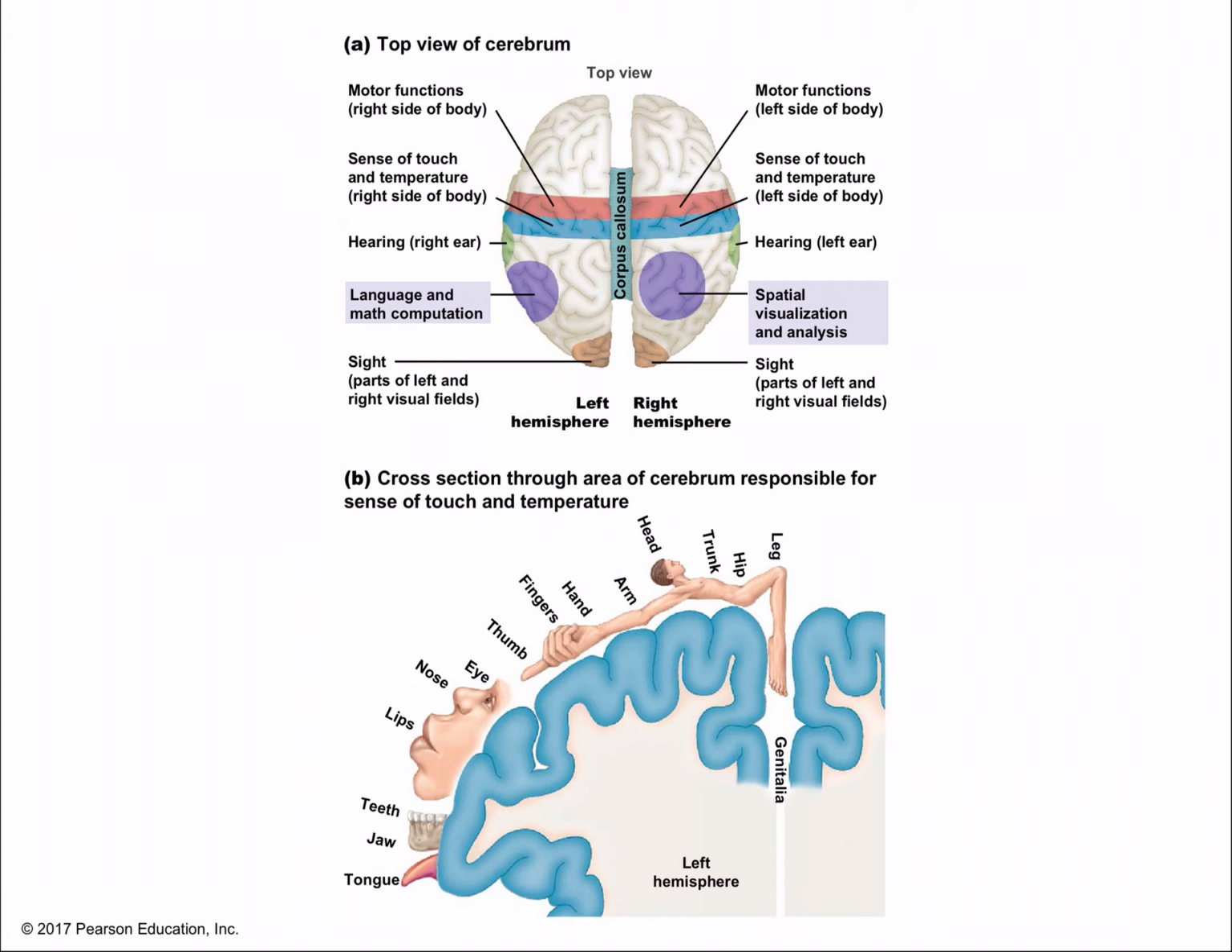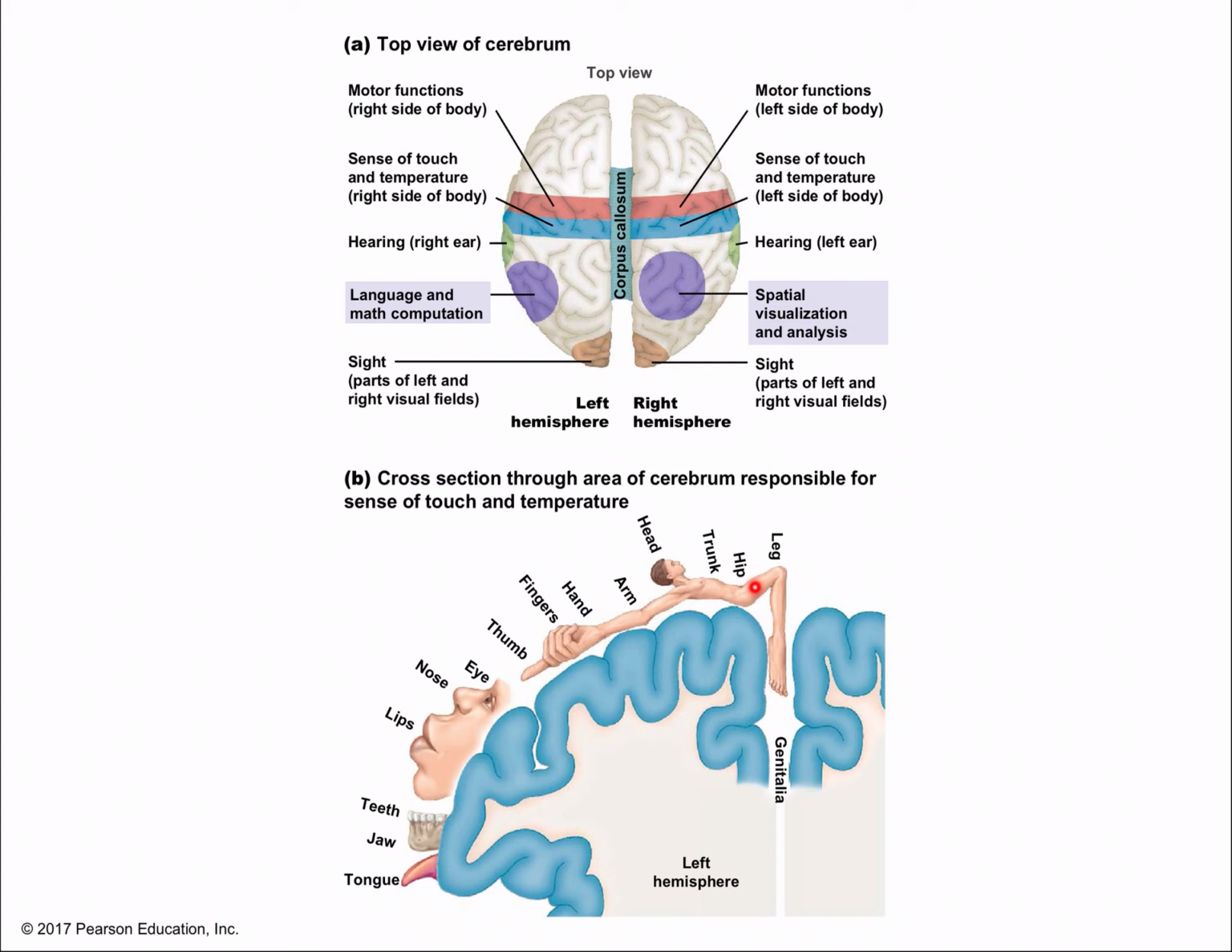Okay, and here's another look, and some look at what the areas of the brain correspond to here. Okay, so sight is in the back in the occipital lobe. Okay, here we can see spatial visualization, analysis, hearing, sense of touch and temperature, and the motor cortex as well in here. Okay, if you look at a cross section, you can see